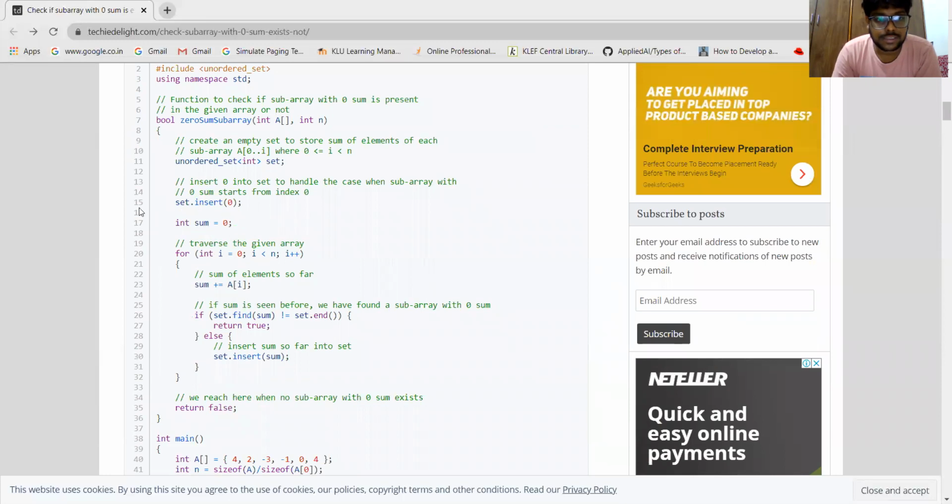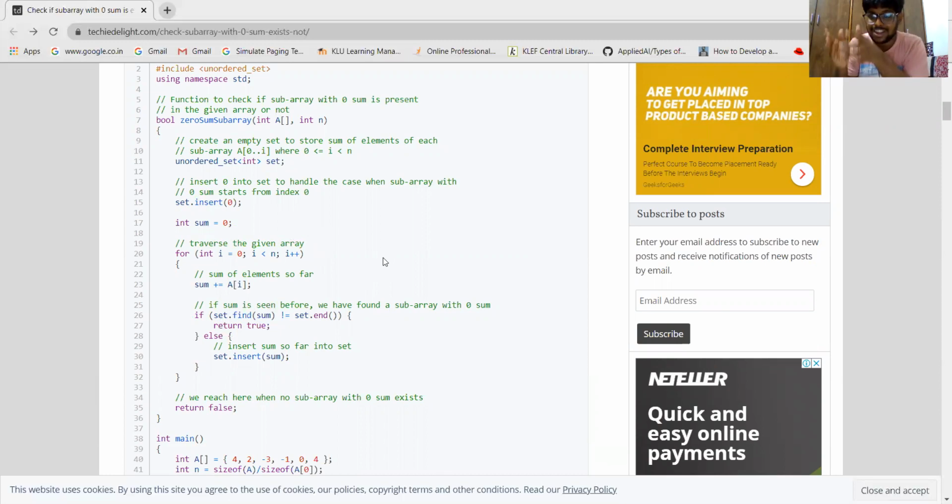So the sum is initially 0, you initialize sum as 0. You traverse the entire array and maintain the sum of elements. If the sum is seen before, or is 0, I will check whether the sum is there.